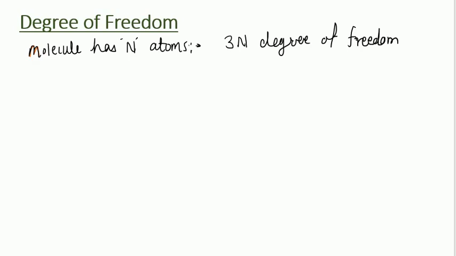Degree of freedom means a motion. It can move in 3 directions. So if we see the vibrational modes, if there are n atoms in the molecule, it has 3n degrees of freedom. So out of the 3n degrees of freedom, 3n constitutes the total translation